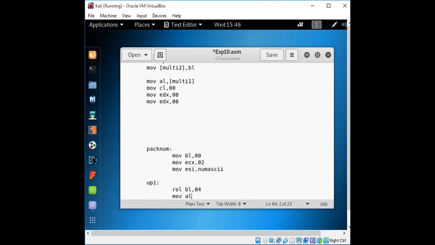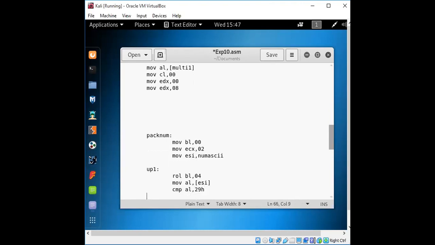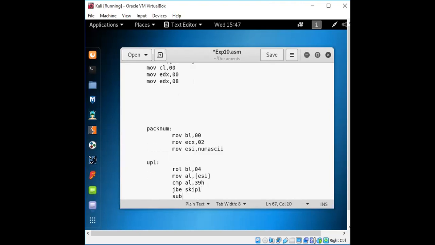Move the content into AL. Here I have 1. Compare it with 39H. So 39H, and jump if below. Or else we need to use the stack for this one, if it is greater than 9 or less than 9.